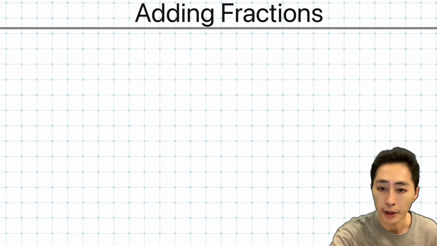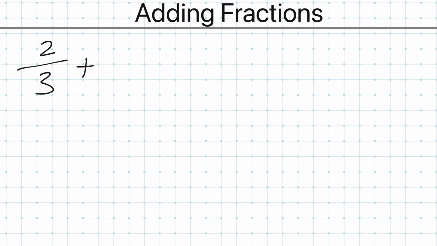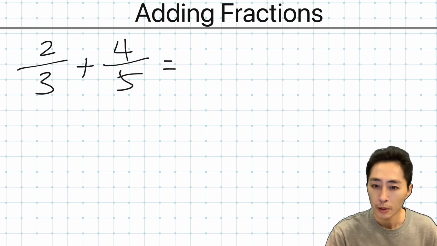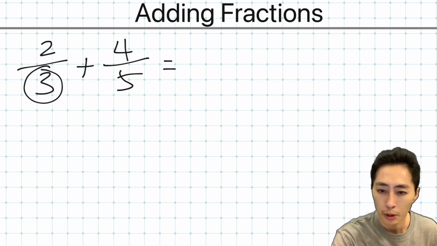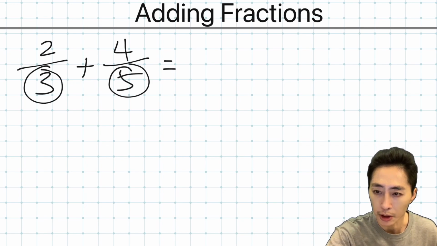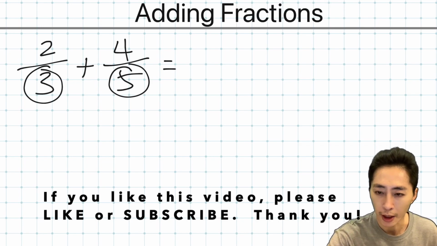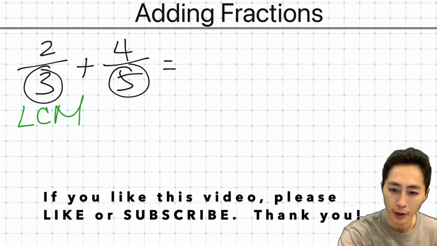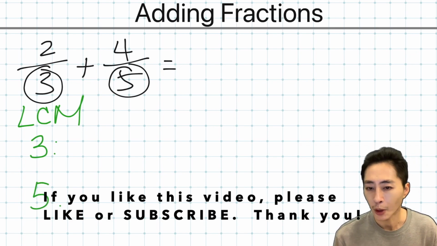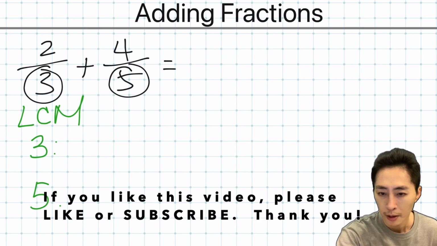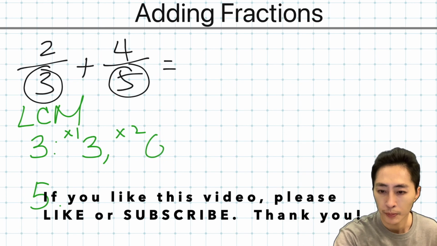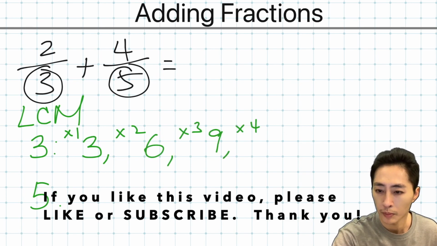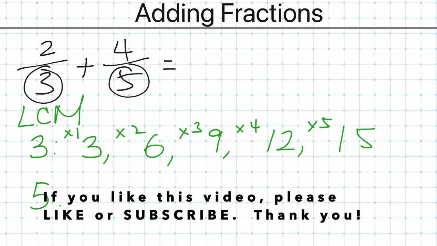Okay, moving on. Here is another example. Now again, we are working with two unlike denominators here. So we need the LCM. Okay, so in this case we have 3 and 5. So the same process that we're going to do, we're going to multiply in sequence of 1, 2, 3, and so on. Okay, and for 5,